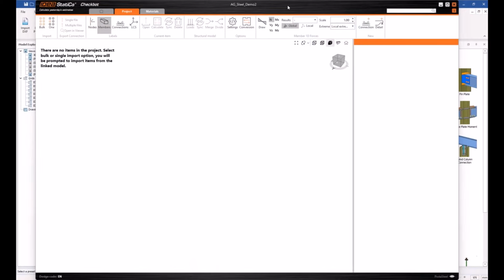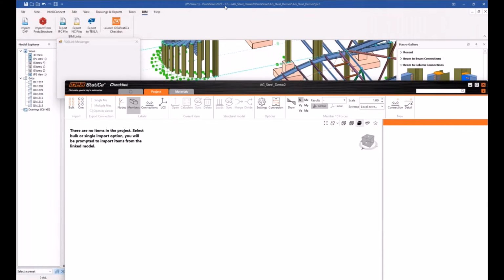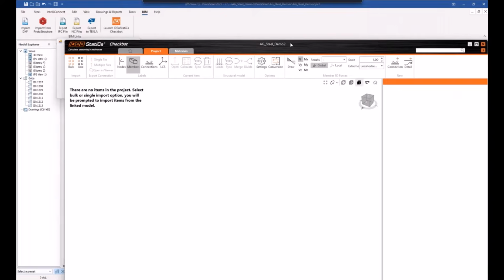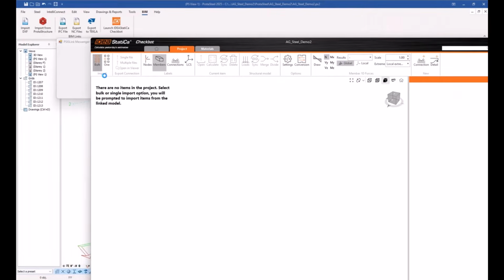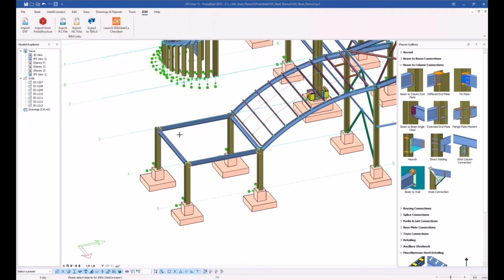So the project is ready now. IDEA StatiCa and Protosteel are linked using this dialog. What I will do is select Bulk, and it goes back to Protosteel and expects us to select a connection or a couple of members to transfer to IDEA StatiCa.